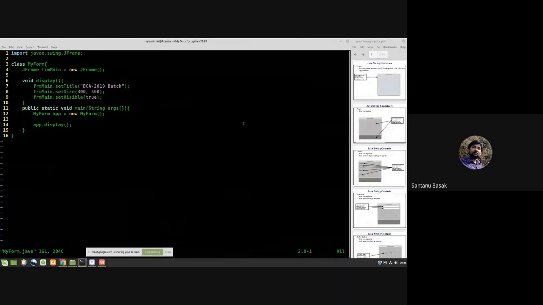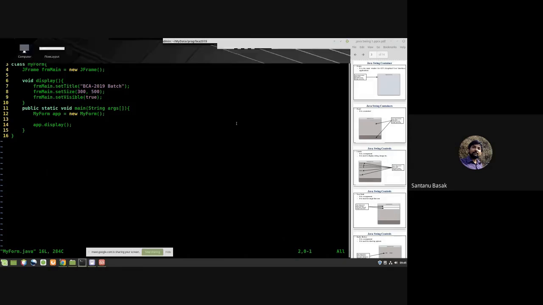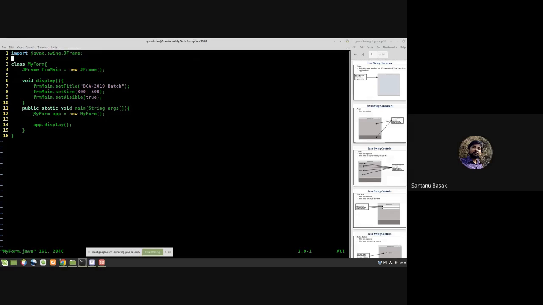From the main method, our aim is to call the display method. So in order to call the display method, first we have created an instance of the user defined class, that is MyForm. In line number 12 we can see here, the instance or object name is app. So we can call the display method using app.